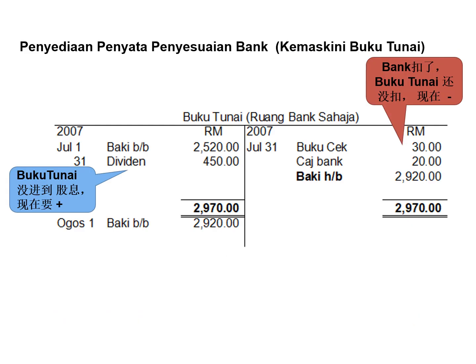Okay, if I need to update the buku tunai first, this is how I do it. I need to draft the buku tunai, so I need to add in whatever figure I'm supposed to add in, and I need to minus whatever figure I need to minus out. For example, I take 2520, the figure of my cash book, which is the wrong one, not the updated one,